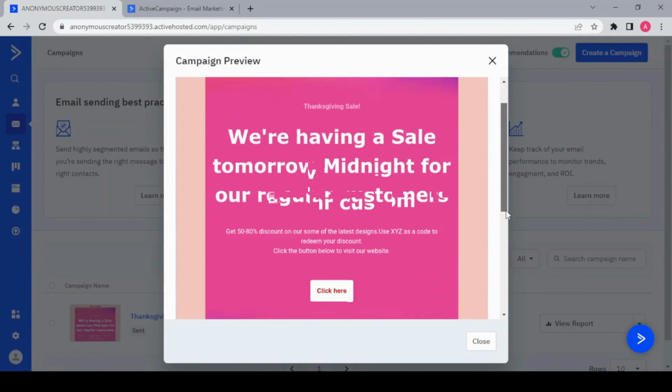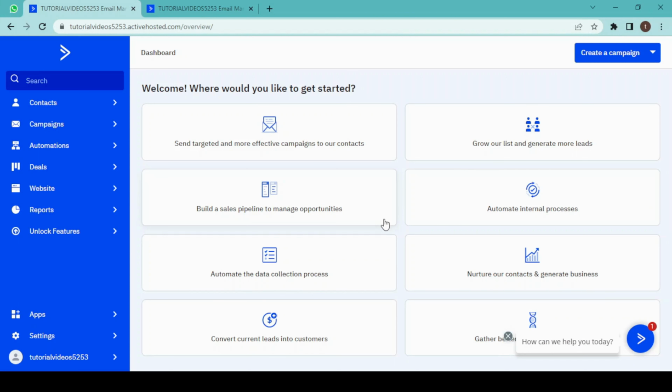So let's get started. First you have to sign up into ActiveCampaign for using it, and after initial sign up, this is our dashboard, and on our left we have navigation where we have contacts, campaigns, automations, deals, websites, reports, app settings and account settings. For creating a campaign, click on create a campaign,